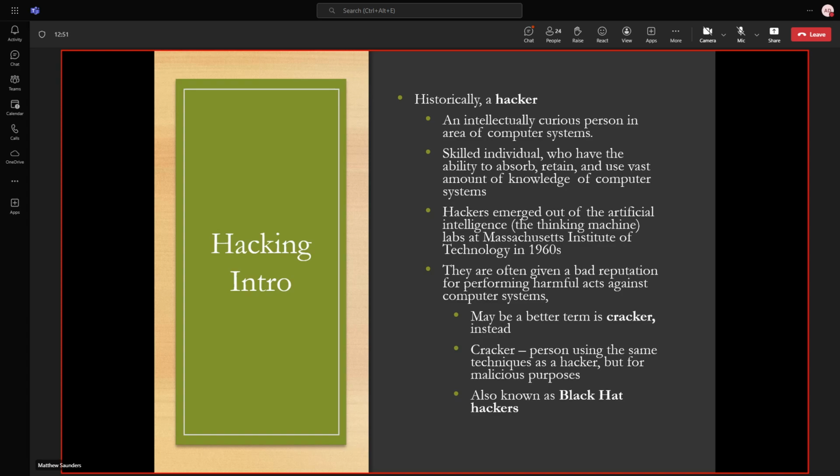Now, this came out of the universities and MIT, artificial intelligence, but also telecommunications. Real hacking in the early days really started with the telephone systems before we had an internet. You may have heard of Steve Jobs and Steve Wozniak.